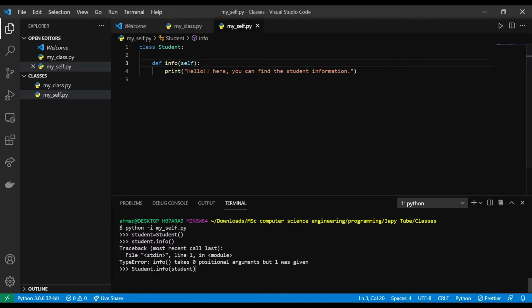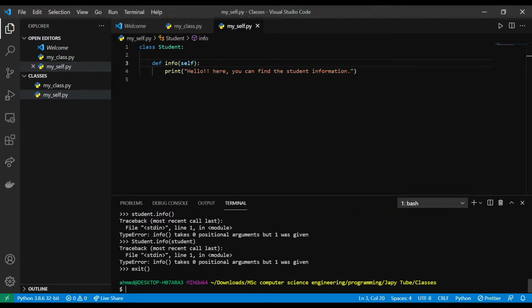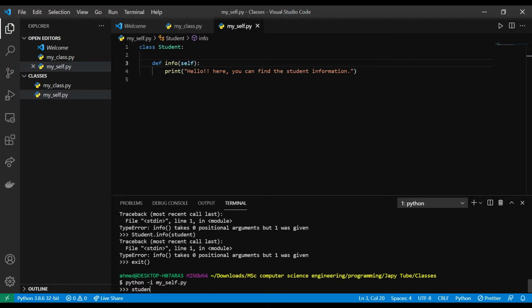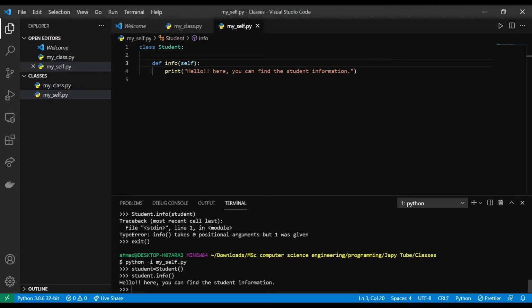Then I will try to call it again: student equal to Student, then student.info. So as you can see, now the code works perfectly: Hello, here you can find the student information. So I think now it's clear why I have to use self with classes,